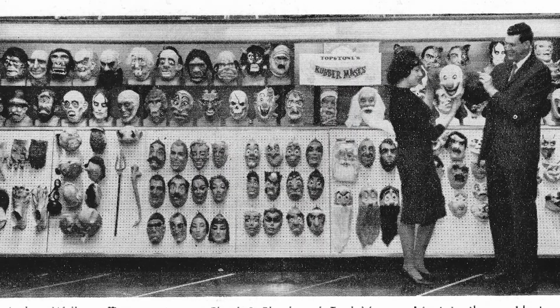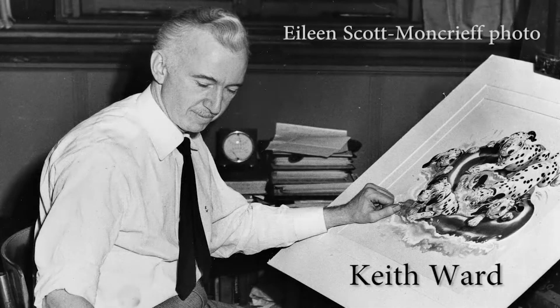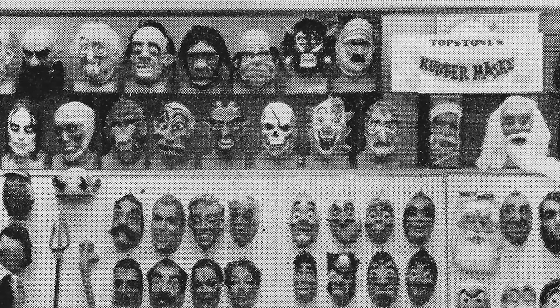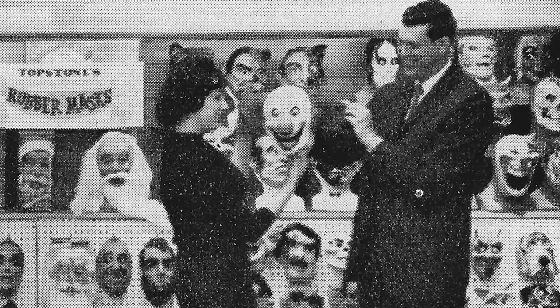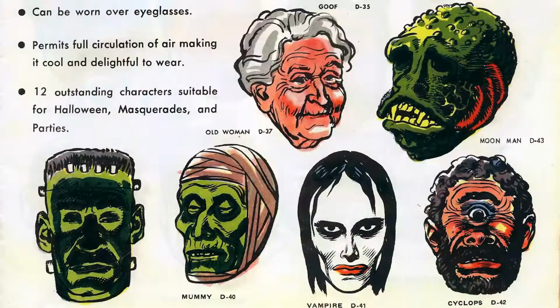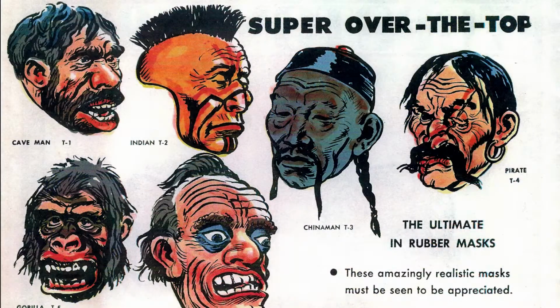The mask was introduced in 1961 as part of a new collection of Keith Ward designs. Topstone had just emerged from reorganization and touted the masks as a sign that the company was strong and competitive. The Melting Man is probably the grisliest mask in Topstone's classic Keith Ward pantheon, and one of the earliest examples